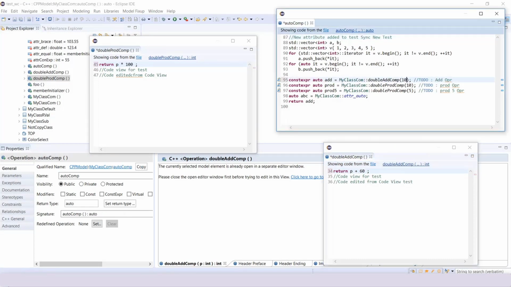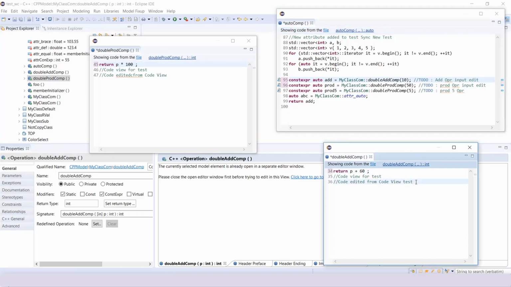For add I do 10 and for product I do 50. Okay, and I also add some prod operation input edit. Here also add operation input edit. Okay, and here also code edited from code view.